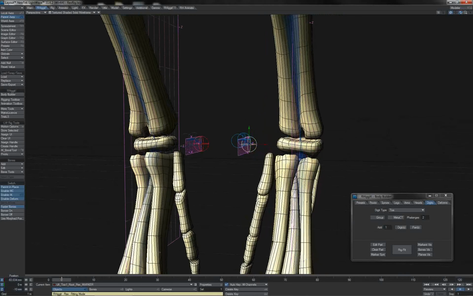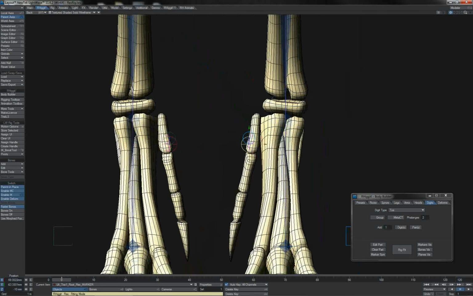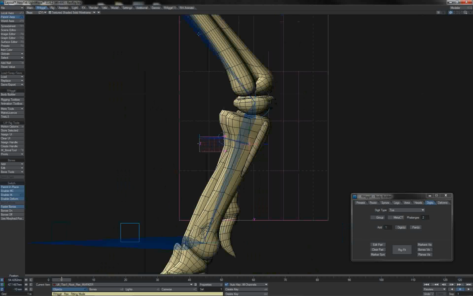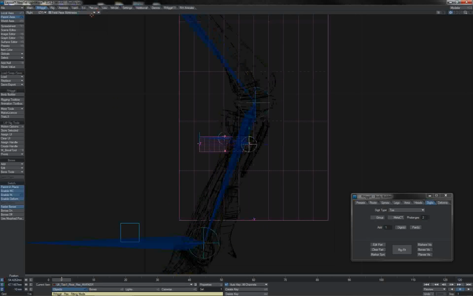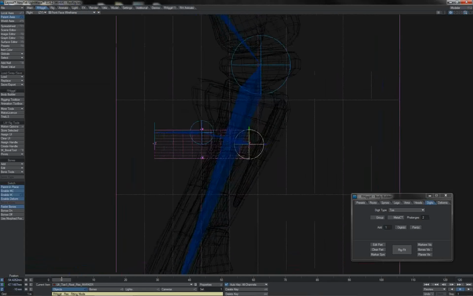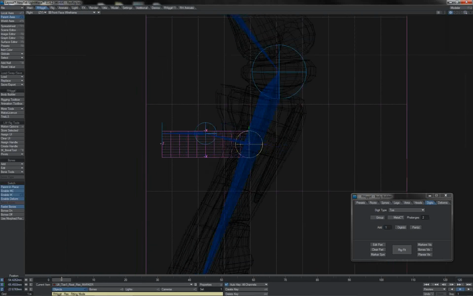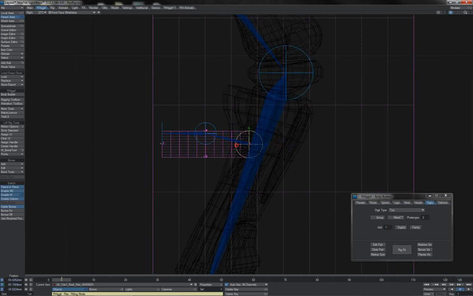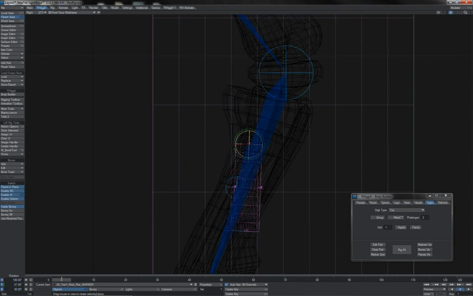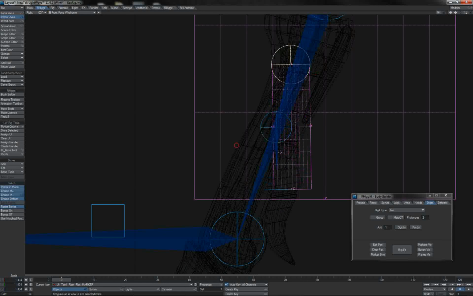legs appropriately. So I'll just get these down into position. This is easier from the side, but it's a bit hidden, so I'll switch to just front face wireframe so that I can hopefully see more or less what I'm doing. And I want that to root pivot around there. Let's just turn this down like this, scale it up a bit just to make fitting a little quicker and easier. That pivot point will go somewhere around here, and of course we'll drag out the tip like this here,